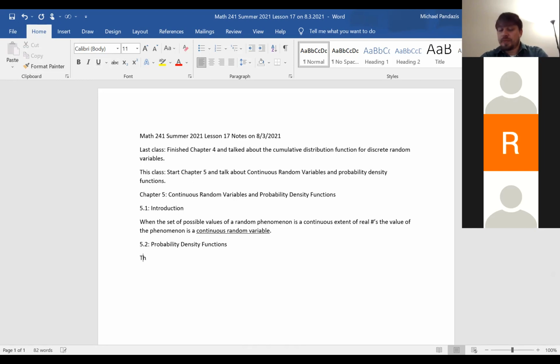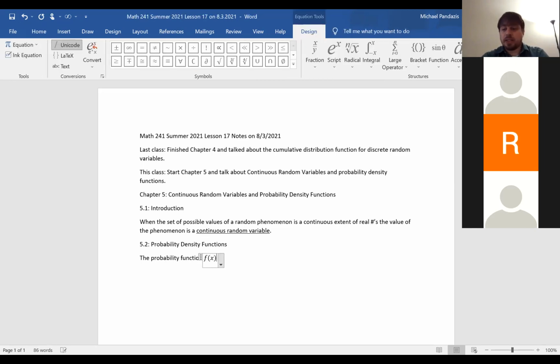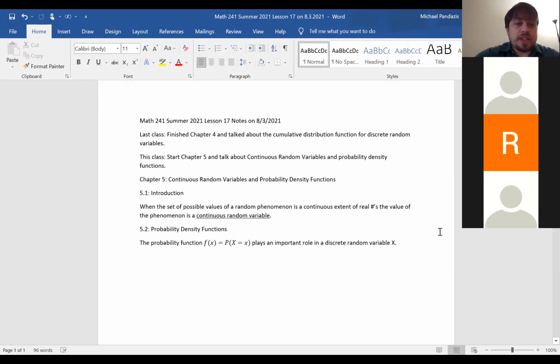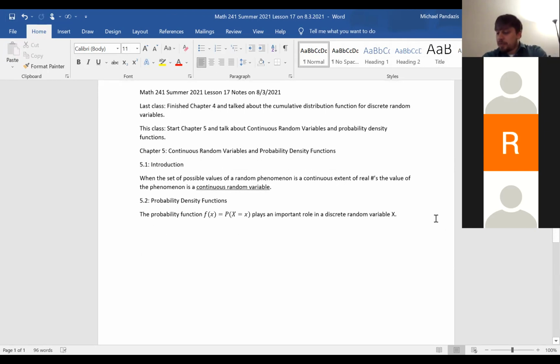Okay, the probability function f of x equals the probability of capital X equaling some fixed value little x plays an important role in a discrete random variable X. So let's look at this with an example. Okay, so let's say we